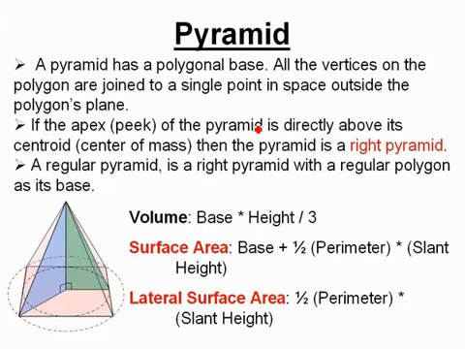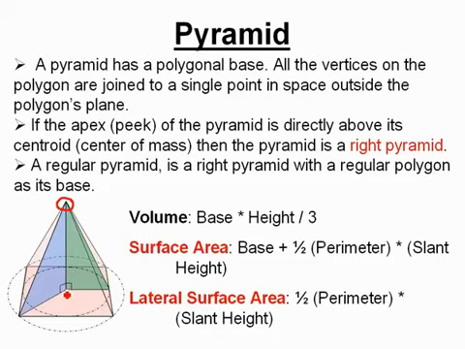Pyramids. A pyramid has a polygonal base. All the vertices on the polygon are joined to a single point in space outside the polygon's plane. So, let's see what that means. Well, the base of this pyramid is a square. All this means is that you see all the vertices of the square? You go to the apex up here. This apex